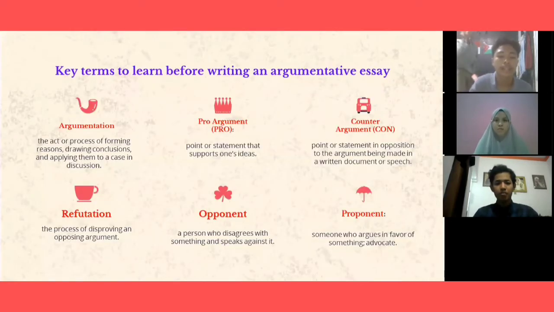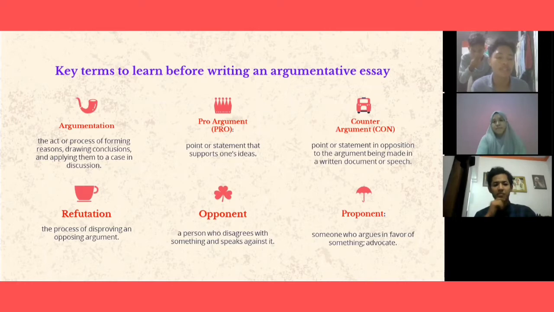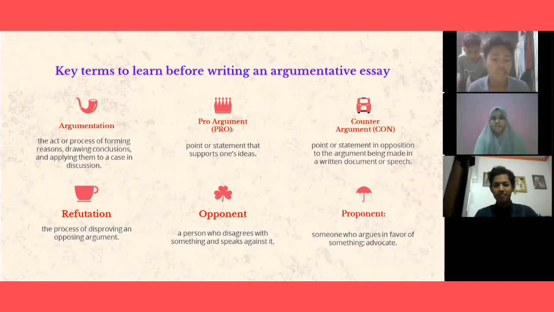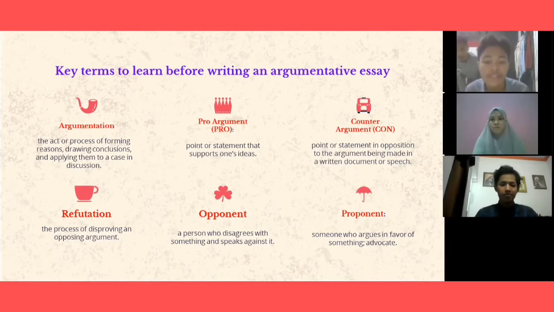Okay. Key terms to learn before writing an argumentative essay. The first is argumentation: the act or process of forming reasons, drawing conclusions, and applying them to a case in discussion. The second is point or statement that supports one's ideas. And then the third is